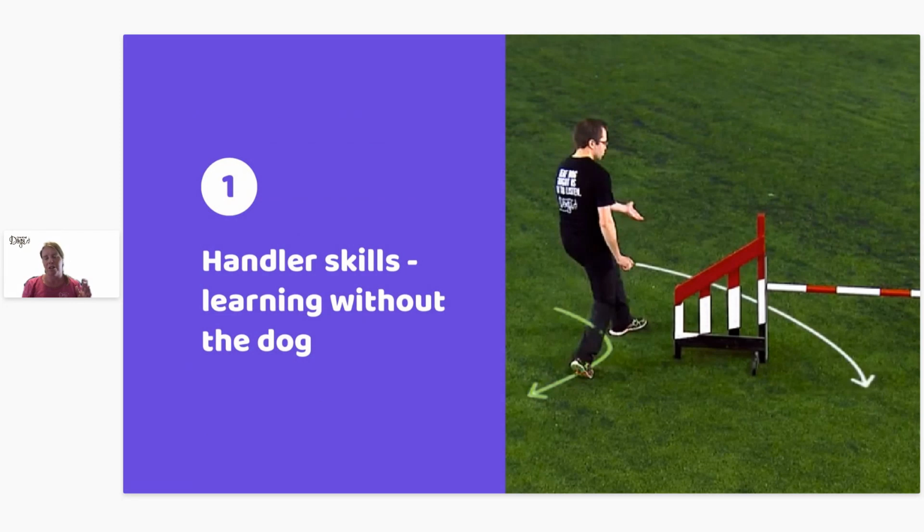Because the more that you repeat certain pathways in your brain, the stronger those grow. They are neural pathways, and the more you repeat those same things over and over, the more your brain automatically switches to that thought. So for example, if I say, I want you to do a German turn, and I teach you, okay, a German turn means you do this with your movement, this with your position, this with your